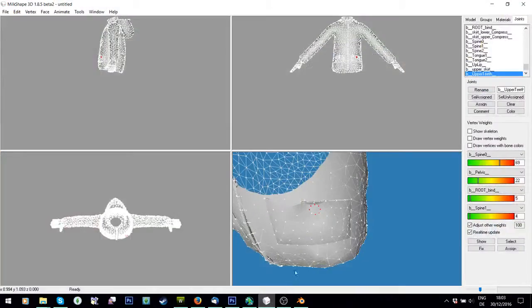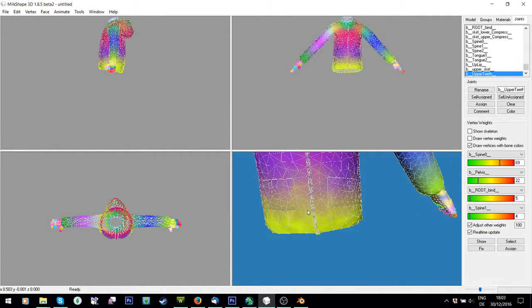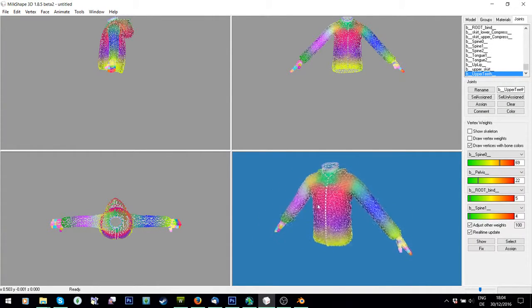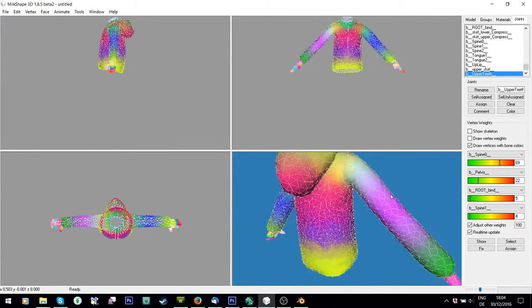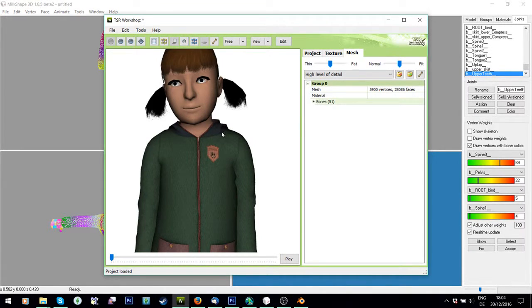So as we saw in here, each vert has a color. Now sometimes these colors don't go quite correctly and you can have pretty big issues, especially under the arms. It really depends on how good your reference mesh is that you use. So what we're going to do is, to test this,